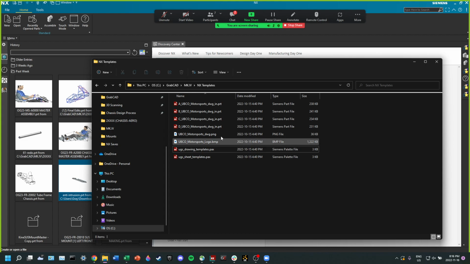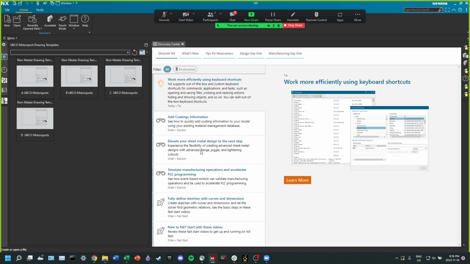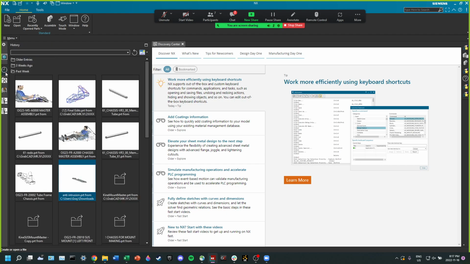So instead of having to put files somewhere, all you need to do is double click each of the palette files, and those will open up tabs in your NX, in your little tabs on the side. I forgot what they're called, they're just tabs or templates or whatever. I made them the same logo, probably not the best idea, but you can read that one is a sheet template and one is a non-master drawing template. So if I just open this tube, for example,